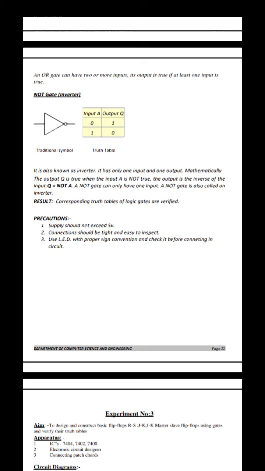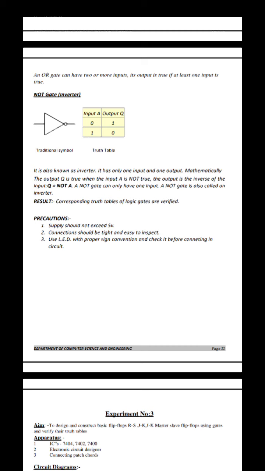So how do we develop the circuit diagram? We give the A input to the first pin and the B input to the second pin, and give the 7th pin a ground potential value, and then to the 14th pin you should give the power supply of plus 5 volts. Then you take the output from the third pin. We connect the third pin to the LED. That LED glows. Based on that LED glow, we verify the logic levels.